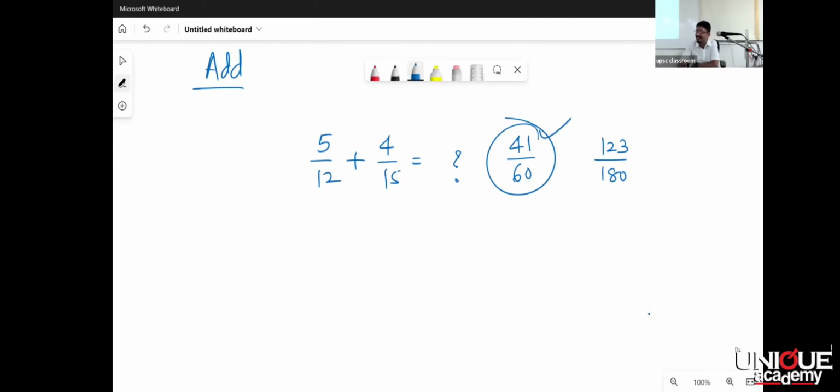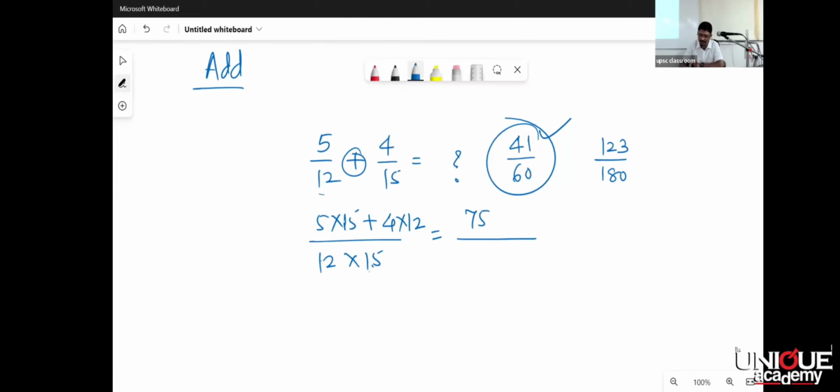We have to make denominators equal while doing addition or subtraction. For that, what we do, both are to be multiplied by each other, or otherwise take the LCM. So 12 is to be multiplied by 15. So as not to change its value, 5 is also to be multiplied by 15. 15 is multiplied by 12. So 4 is also to be multiplied by 12. And because of that, we get 75 plus 48,